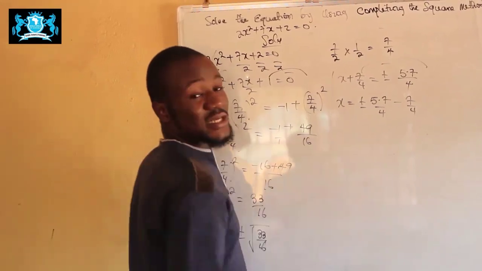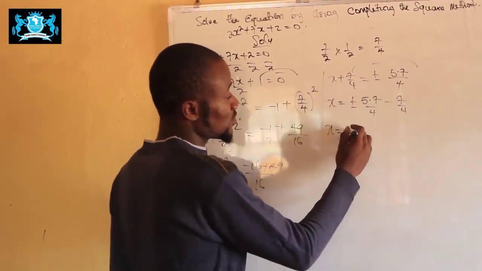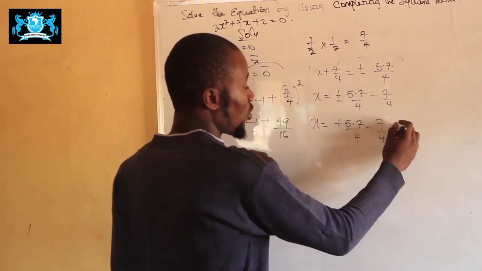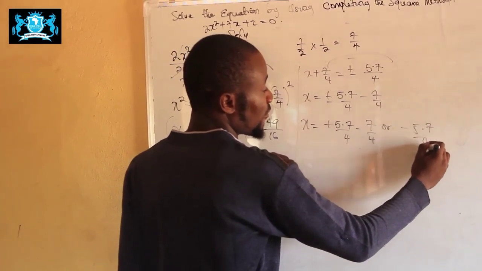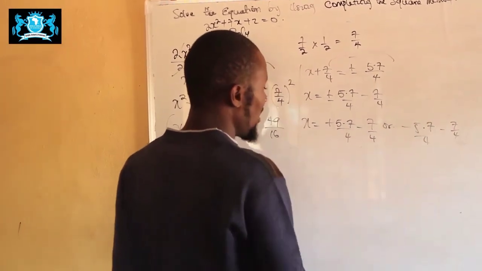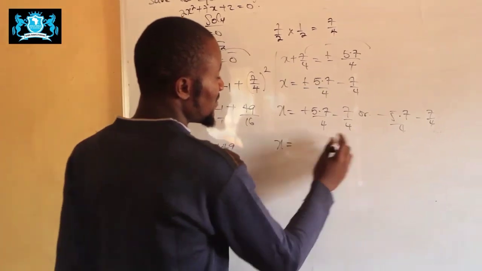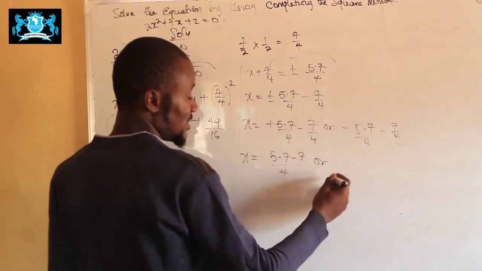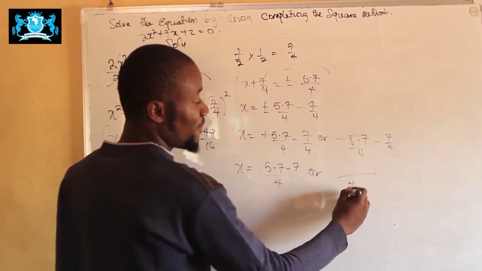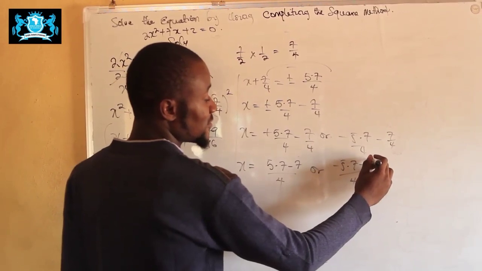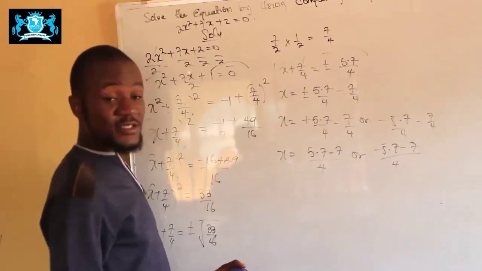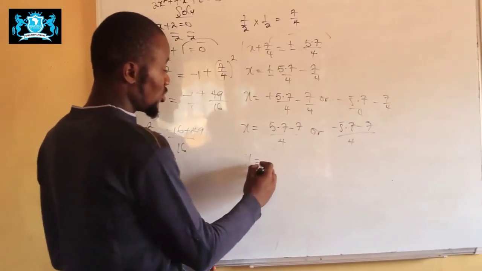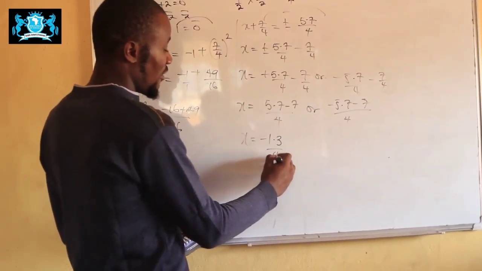Now, you follow the plus and minus rule. So you have x equals to plus 5.7 over 4 minus 7 over 4, or minus 5.7 over 4 minus 7 over 4. And x is equals to, the LCM of this is 4. We have 5.7 minus 7 over 4, or the same LCM is 4, we have minus 5.7 minus 7. So we now have 5.7 minus 7, we have x is equals to minus 1.3 over 4, or